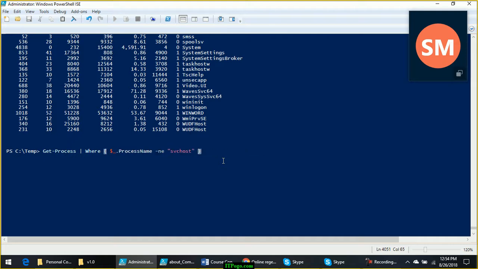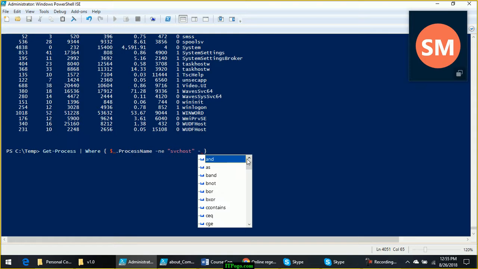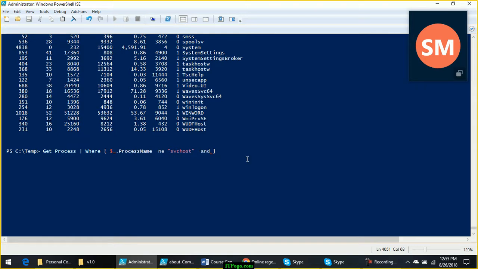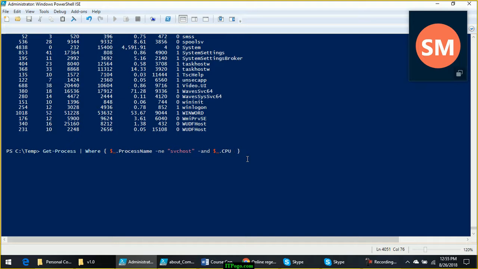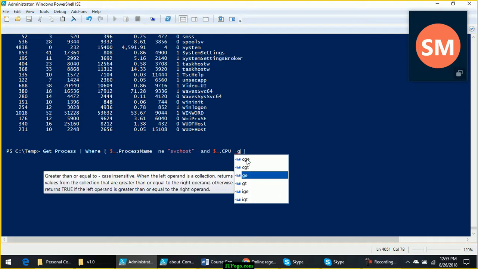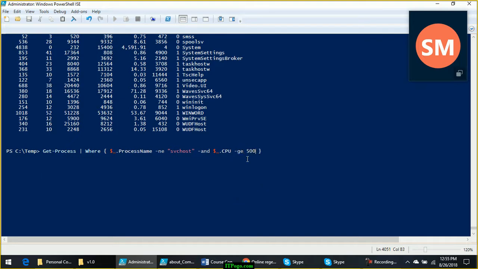Next, how do I specify two criteria? One criterion is the process name is not equal to SVC host, and the other criterion, using and, I will specify one more: $_.cpu is greater than or equal to 500.